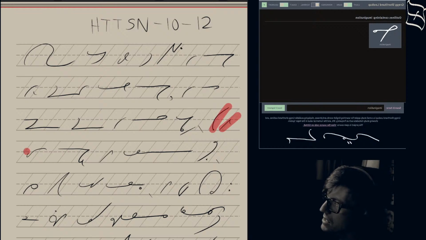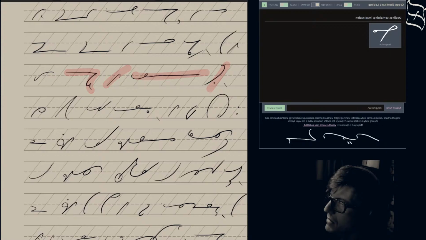But it is of course impossible to remember everything. That would be rote memory.